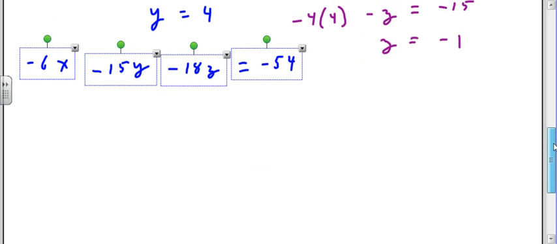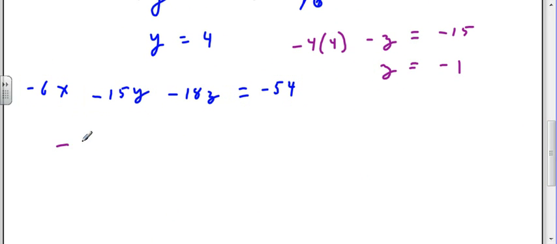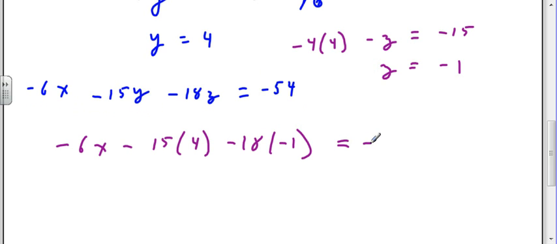Alright, so now I know that minus 6x minus 15 times 4 minus 18 times minus 1 has to equal minus 54. So I know that x is equal to,